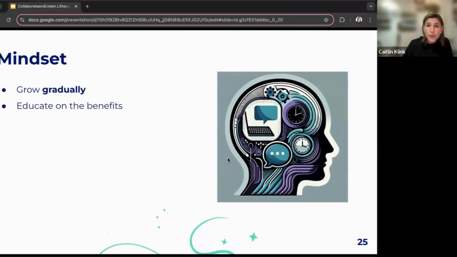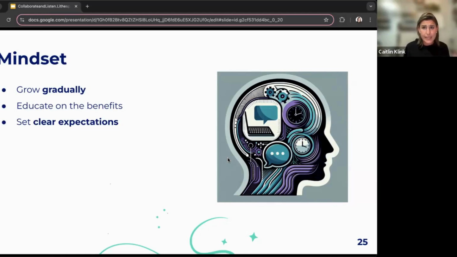And if it doesn't, don't be afraid to walk it back. I give this talk at Agile conferences, and it sometimes maybe feels out of place. But this idea of iterative improvement is really baked into how we embrace the idea of collaborating asynchronously. It's a new working pattern. And so grow gradually and learn all the time. Educate people on the benefits to keep people engaged in this effort.